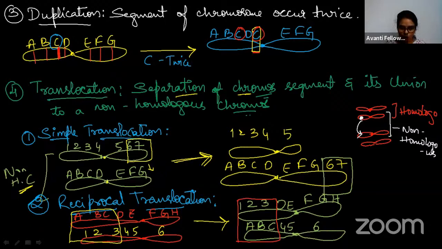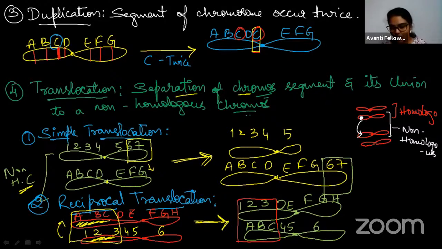A segment of A, B, C and 1, 2, 3 are going to reciprocate. मतलब ये हो जाएगा उल्टा. मैं आपकी जगह में आप मेरी जगह में, like this. ठीक है, so here this is reciprocal. So this is reciprocal translocation. Okay, exchange. ठीक है, exchange हो जाता है. ये यहाँ पे जाएगा, फिर वहां से यहाँ को आएगा, like this.